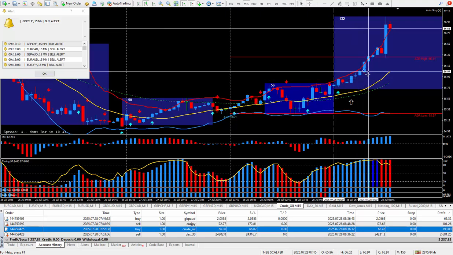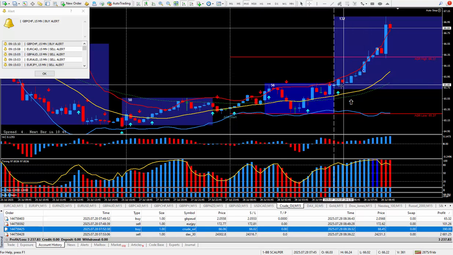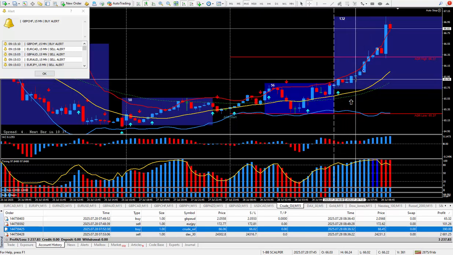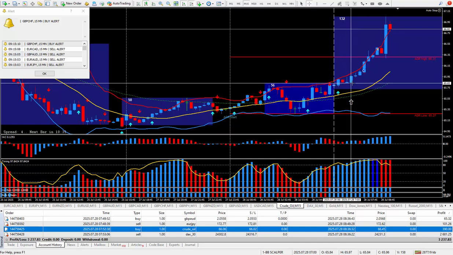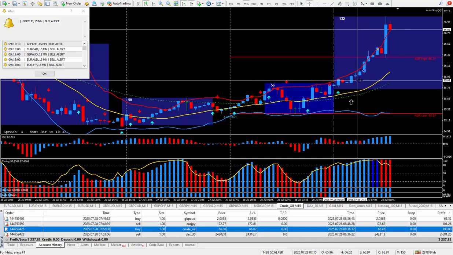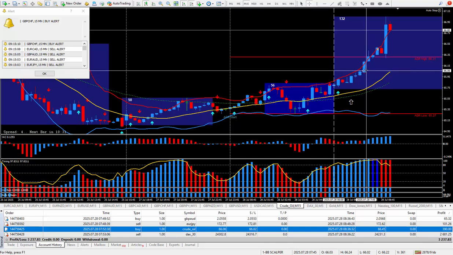When I took the trade at this point, obviously getting in at the arrow here would have been better. But I was a little late pulling up the charts. And this is where I saw it. This is where I got in at. And that ended up producing